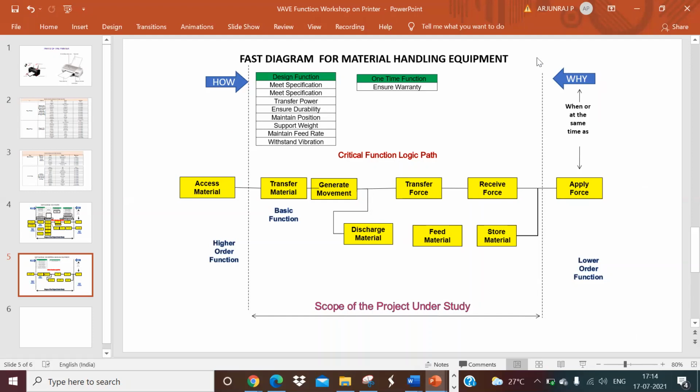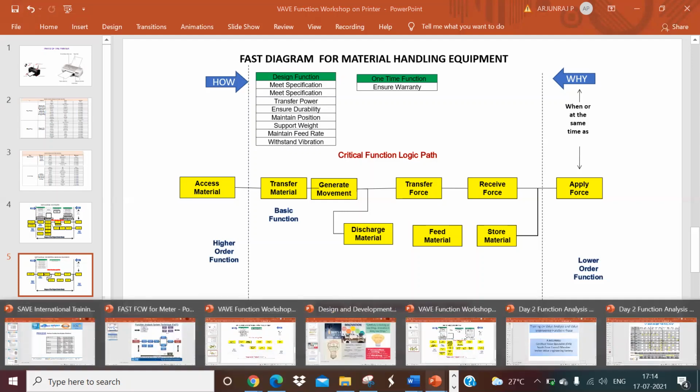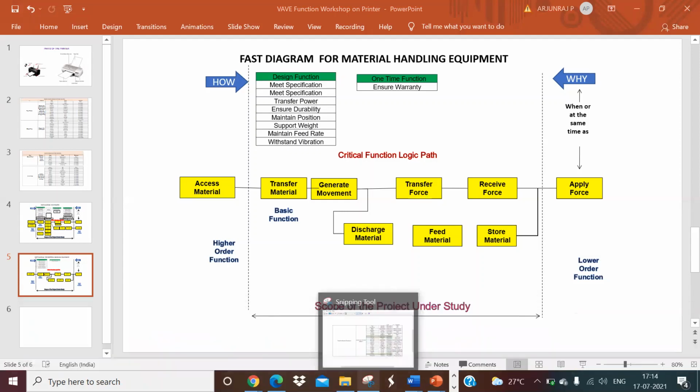There is a correlation between information phase and function phase, right? Similarly, there is a correlation between function phase and creativity phase. How you can create ideas using the functions, that I will tell you. That is very important, because this will increase your enthusiasm towards this function. Otherwise, it will not. Before that, we will complete this last one.